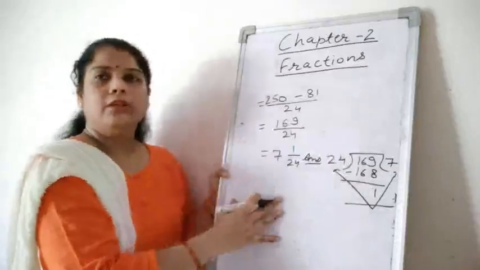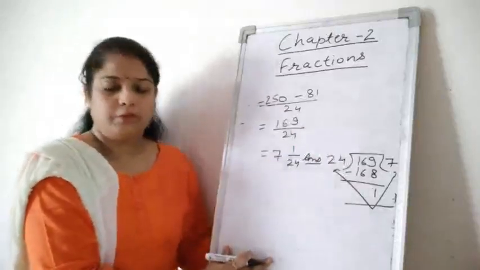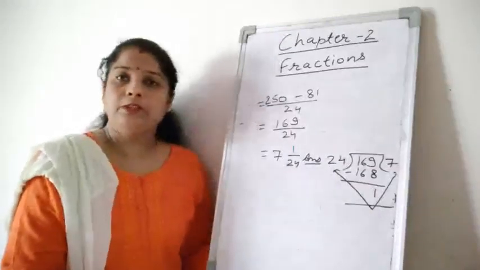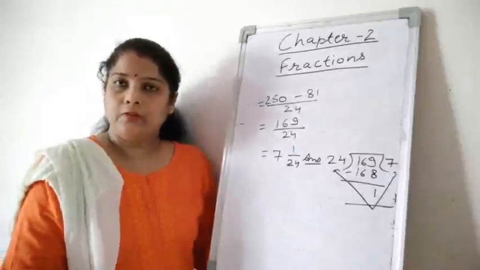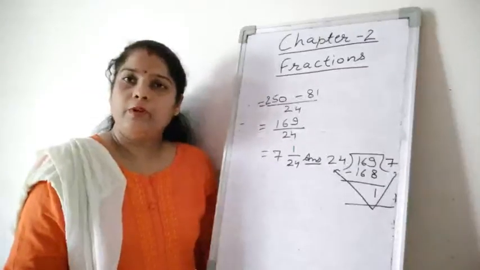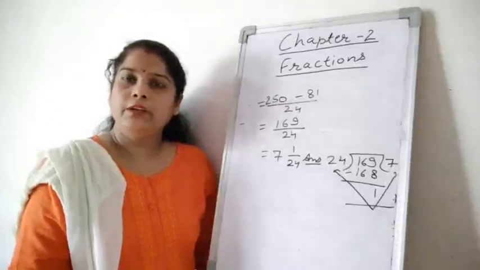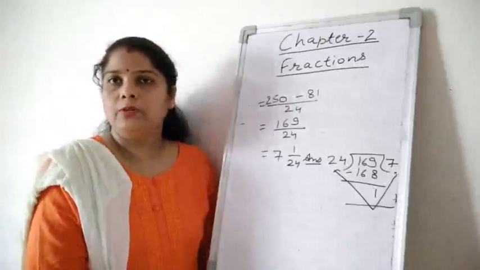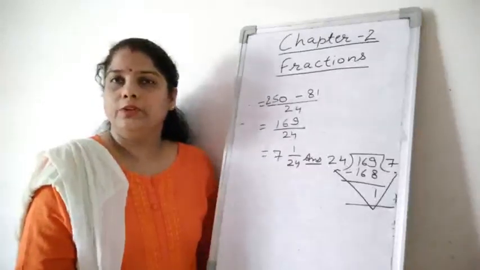So this is the type of simplification. Now I have given some sums in the worksheets. Try to solve them. You will not find any problem. If you find any problem, just go through the examples again. I have written the examples in the worksheet also, and just watch the video again.